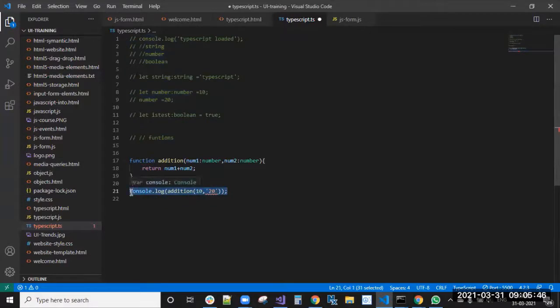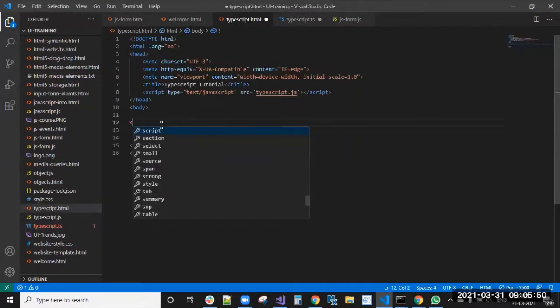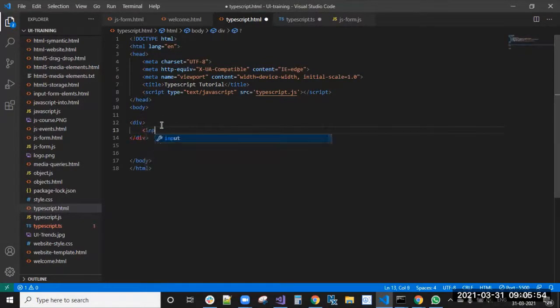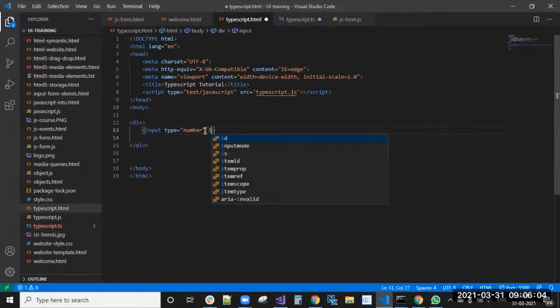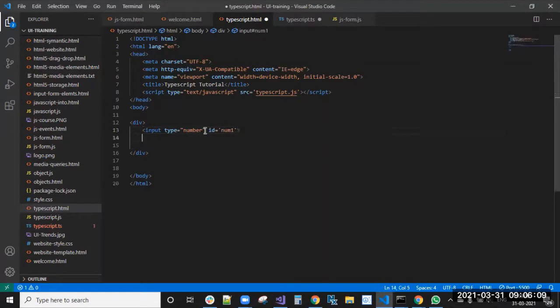Okay. So what I am doing is creating an input of type number, and the ID is num1.